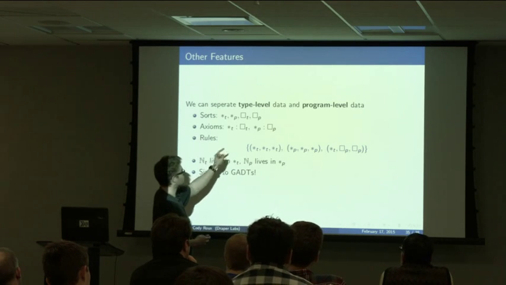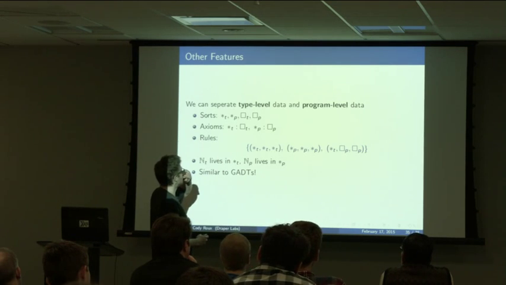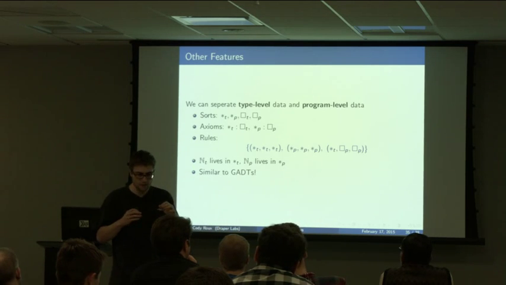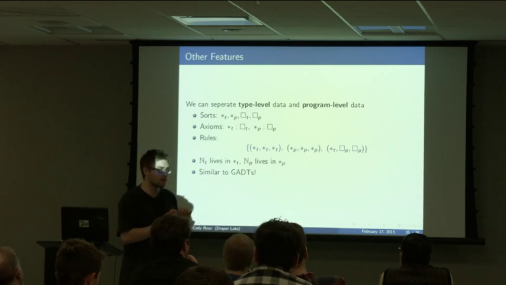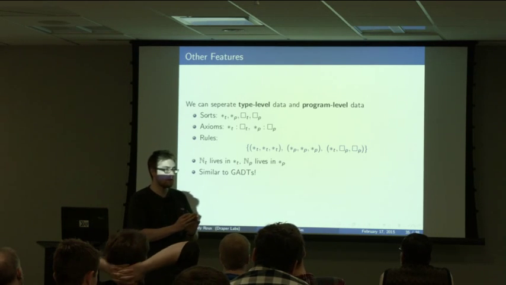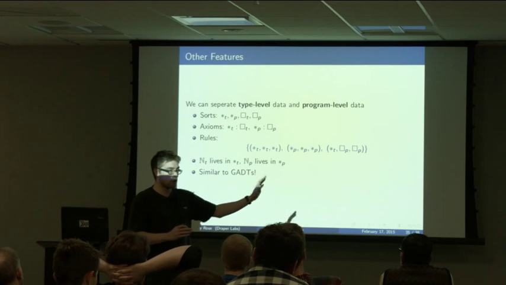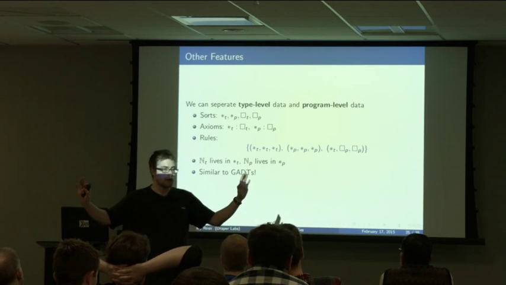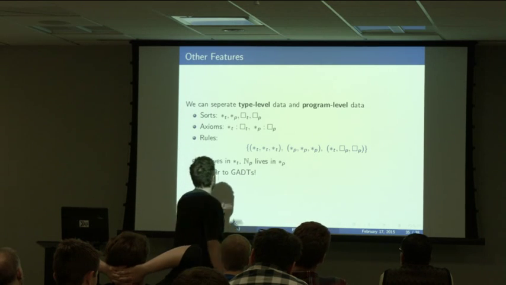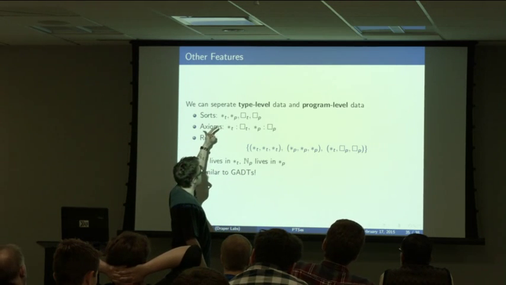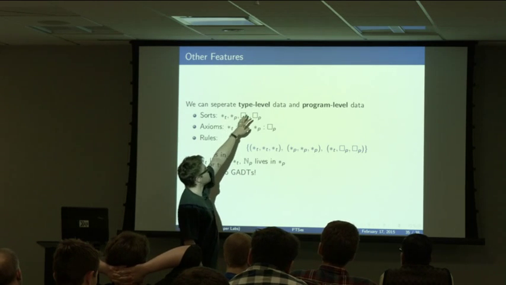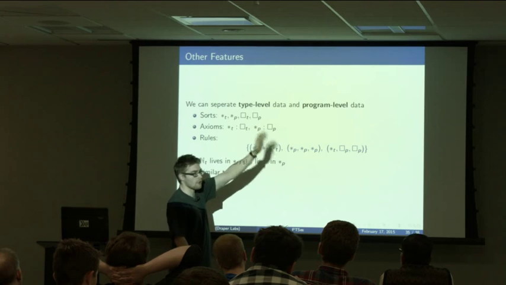And here's another neat trick. Without data kinds, in some sense, you have these sort of funky dependent types that depend on things that are not programs. So you have type-level terms, and then you have programs that have values, but never the twain shall meet. And you can model this in pure type systems, which I also think is amazing, which I call type-level data and program-level data.